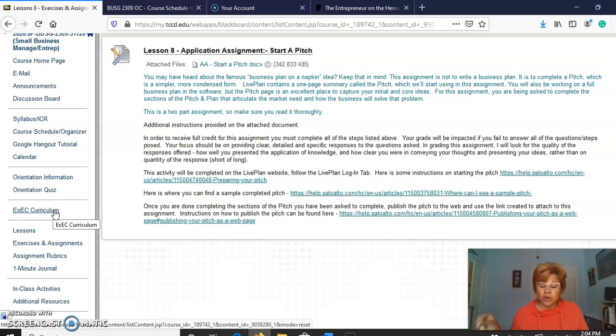Now, what you need to know about Life Plan is that if you don't cancel it within that 30-day time frame, then you're going to get charged for an extra month, and that would be another $15. So I'm trying to do it as economically as possible. With our previous schedule, I didn't have this assignment due till a little bit later, and so that gave us a little bit more time.